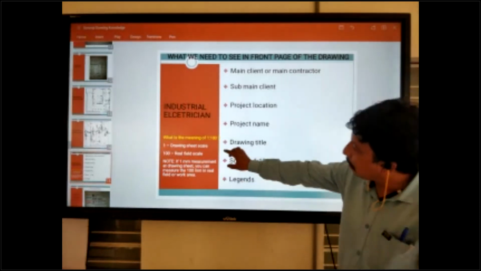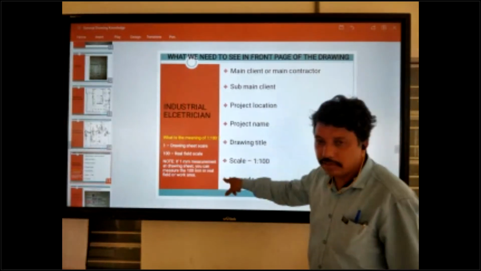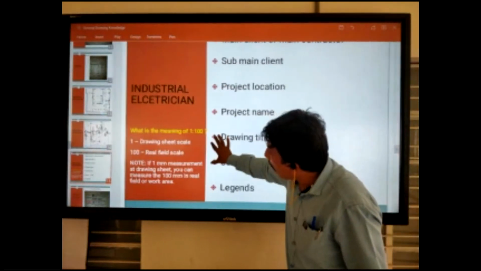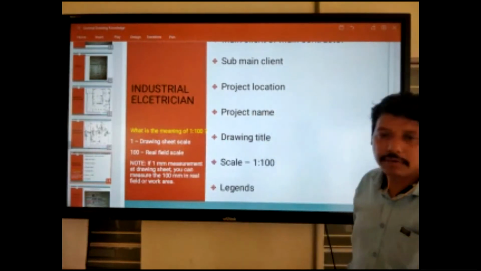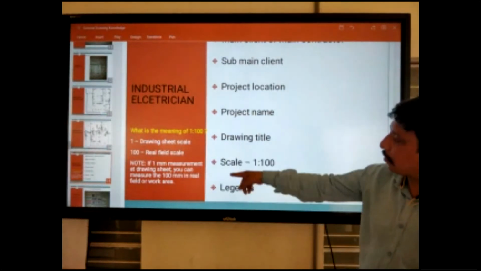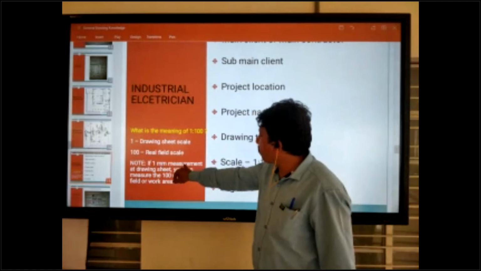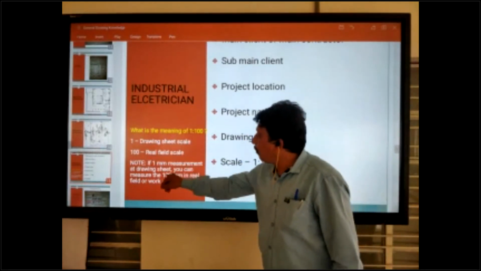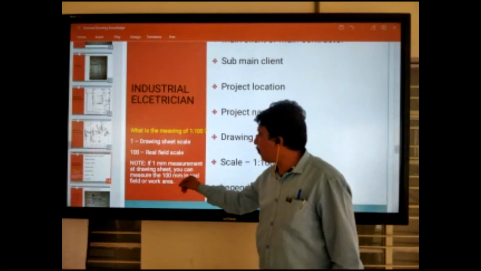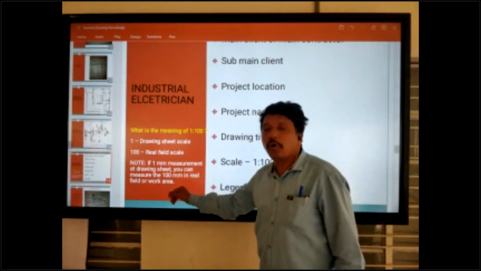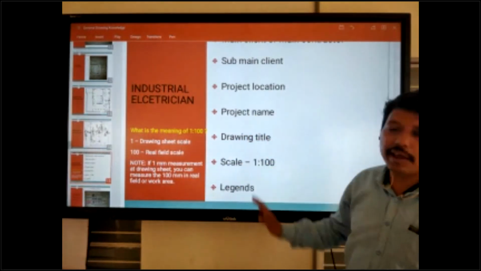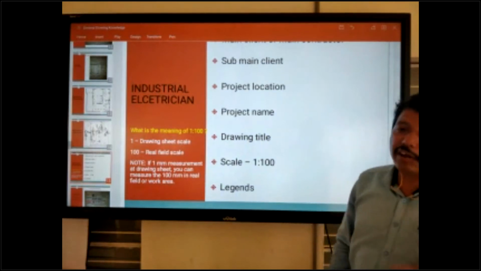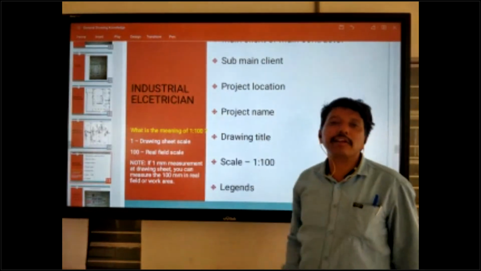You can give the answer like this, the correct answer for 1:100: if 1 mm is measured on the drawing sheet, we can measure 100 mm in the real field or work area. You can give the answer like that, and you can utilize it the same way in the field also.